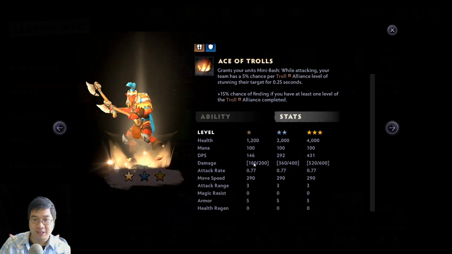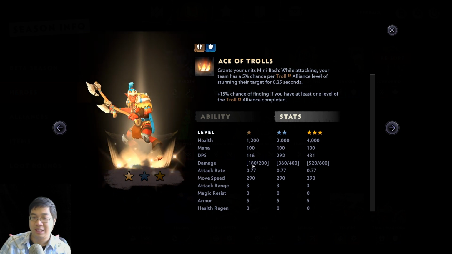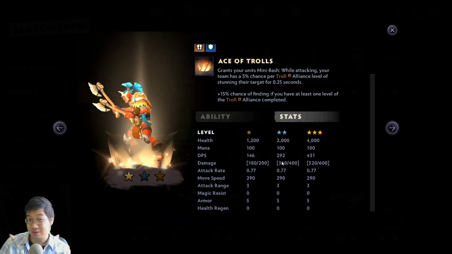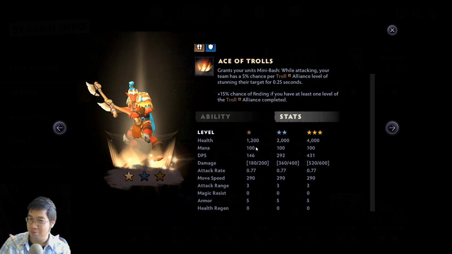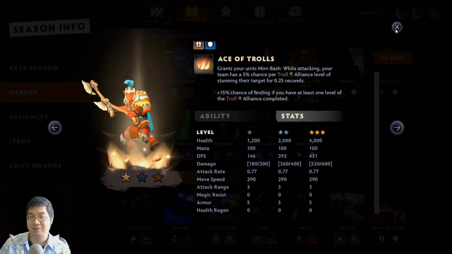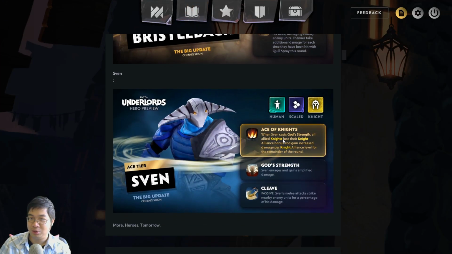So if we look over here, the Troll Warlord base stats has some of the highest base attack damage, goes from 180 to 200, then goes to 360 to 400, because he's all about the passives and all about the damage. I think this is something similar that's going to happen to SVEN. He's going to get some okay health, but he's going to get some really good attack damage to amplify his damage base. That said though, the downside of losing the Knights Alliance, it's going to be quite